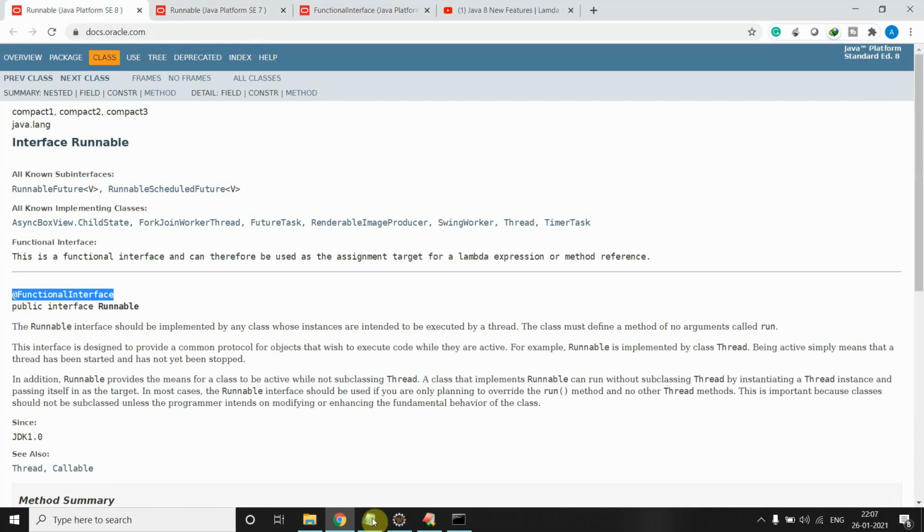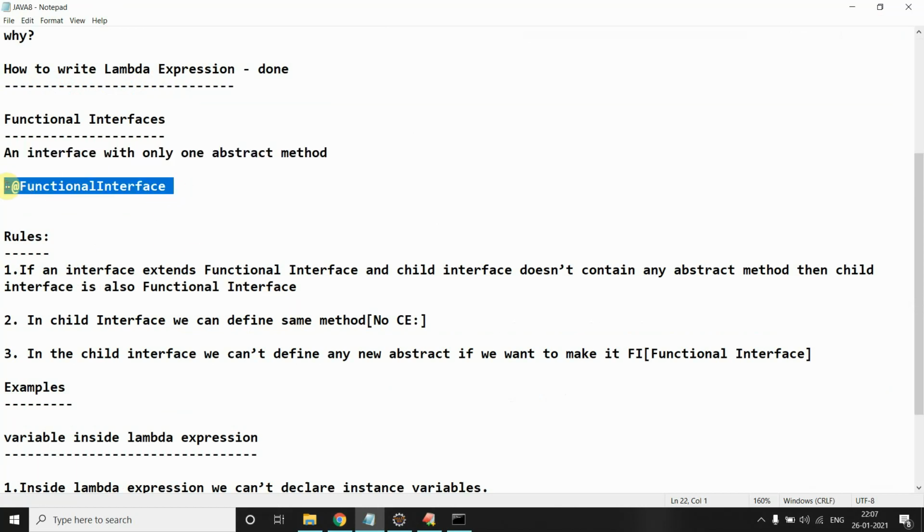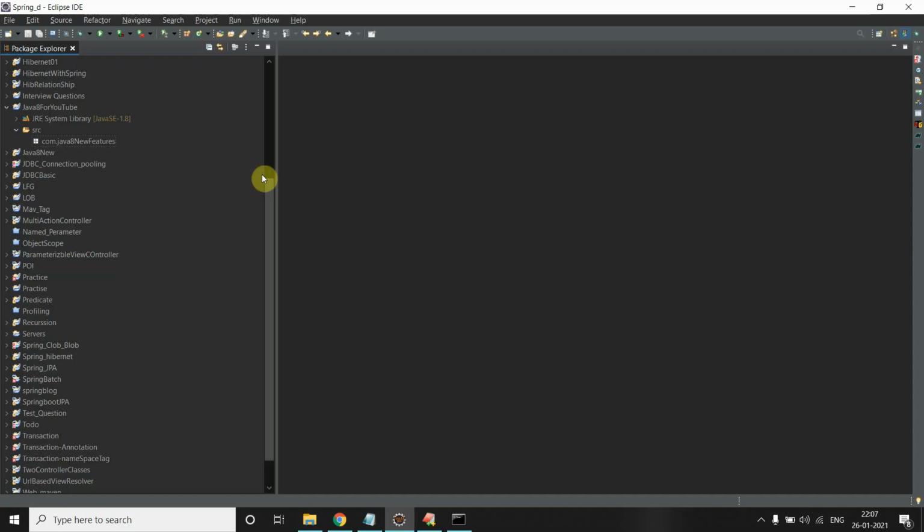Got it? So what is the next step? There are some rules for functional interfaces, like if an interface extends a functional interface and the child interface doesn't contain any abstract method. We will talk about it whenever we see the examples. So let me now use the functional interface.